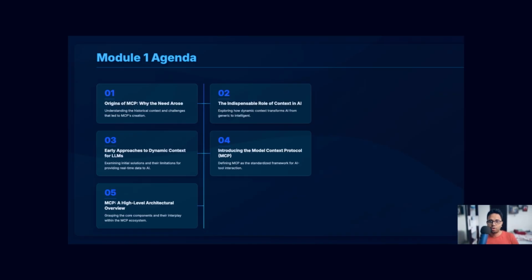And before Model Context Protocol, companies like OpenAI came up with an approach. They understood the need, right? There are some ways to provide dynamic context to large language models. And then we'll figure out why, even after that, a framework or protocol like Model Context Protocol was needed. And then we'll look at how it works, a high-level architecture and overview.